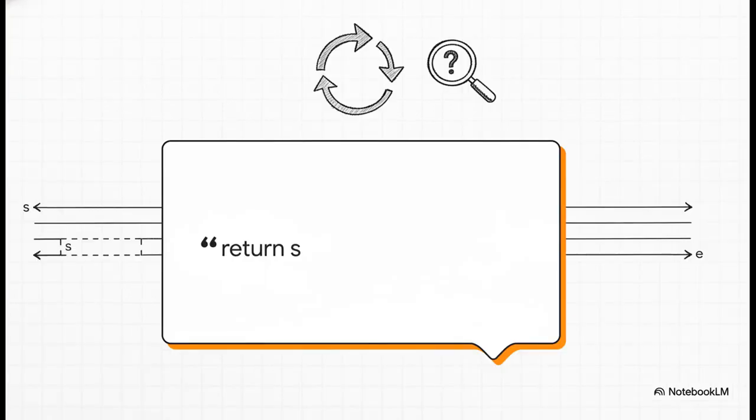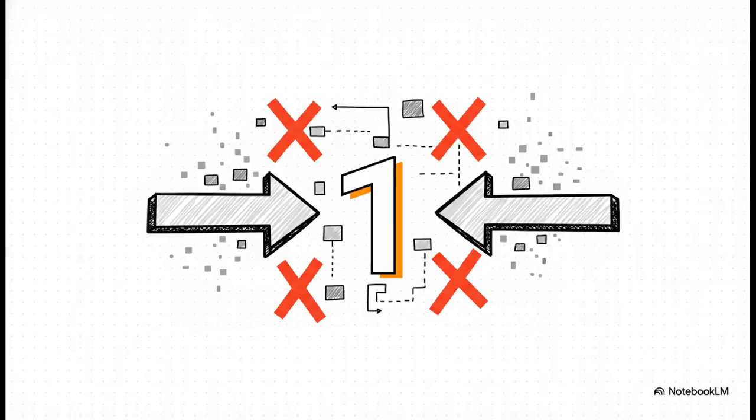So what happens when the loop ends? This is the most brilliant, most elegant part of the whole solution. The very last instruction is just return the value of the start pointer, S. And what's the value of S? It's 1, which is exactly the index where the number 2 should be inserted. The algorithm worked perfectly. It didn't find the number, it found the answer by just systematically eliminating every single place